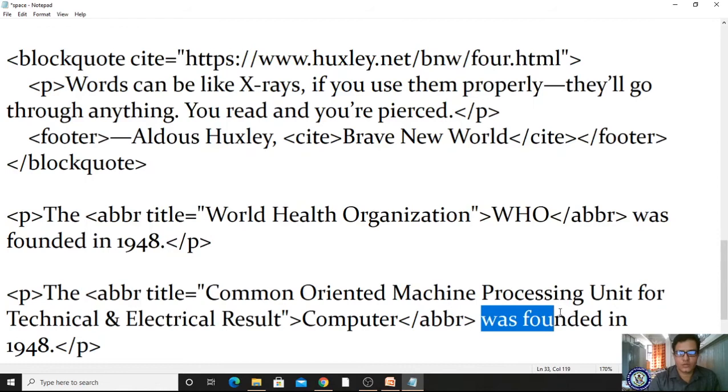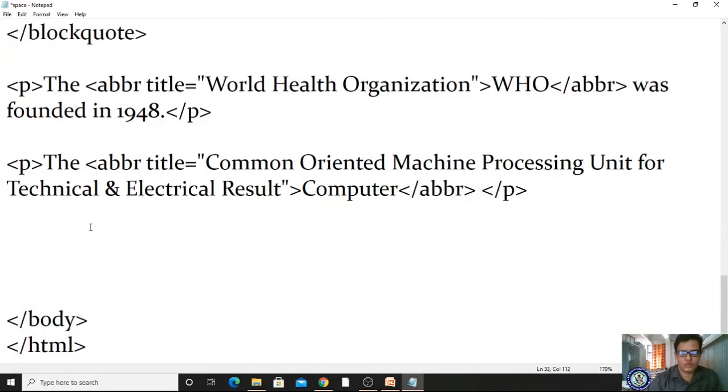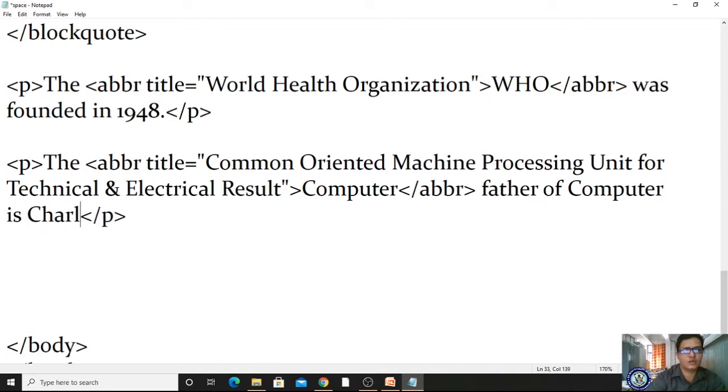Okay, computer, father of computer is Charles Babbage.